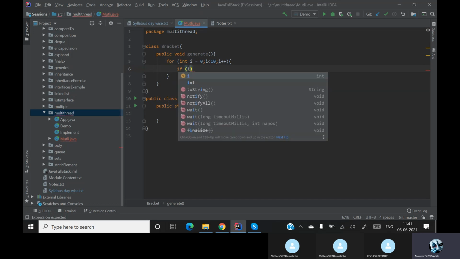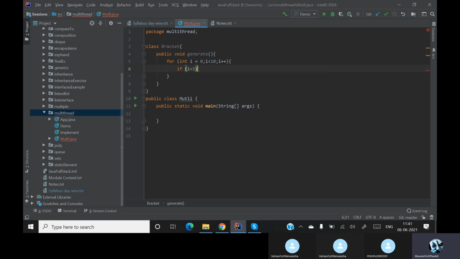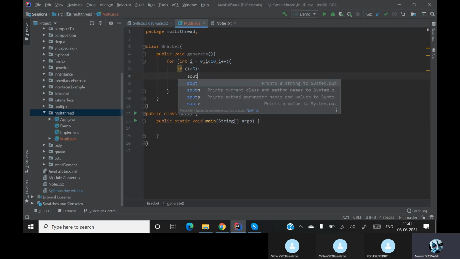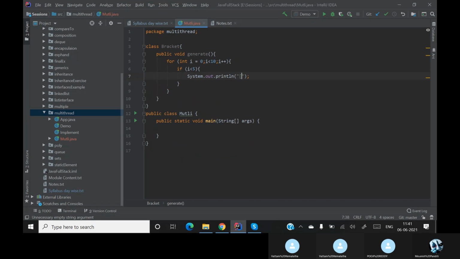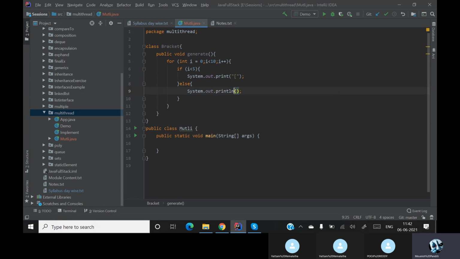In that, the first 5 brackets will be opening, and the next 5 brackets will be of closing type. After everything is done, a line gap. This is my generate method which is generating some brackets.